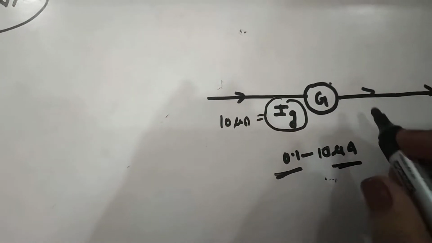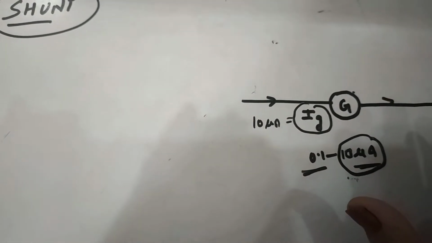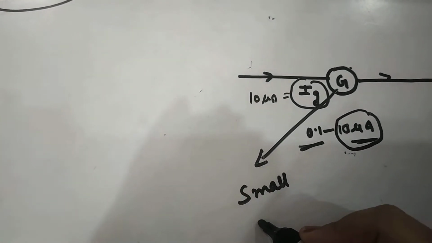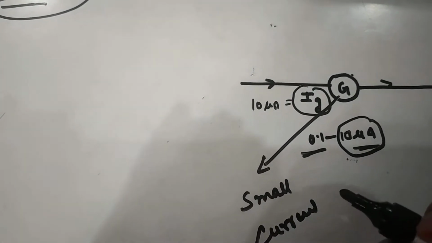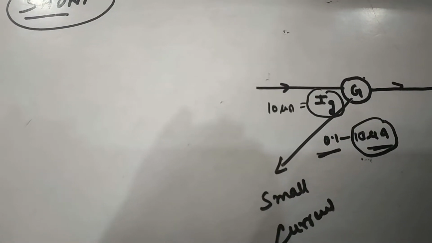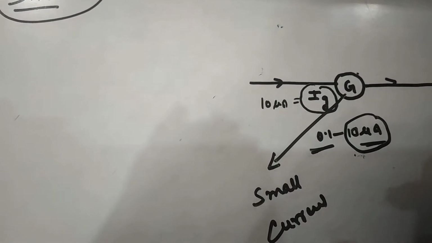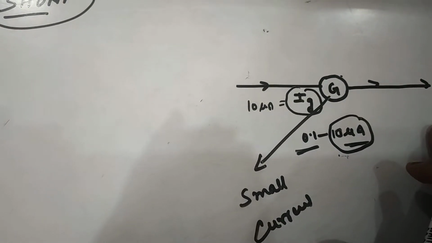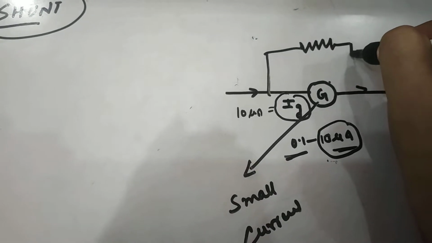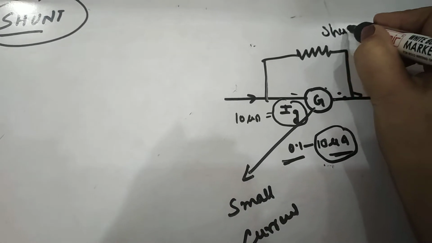It means the maximum current which this galvanometer can measure is 10 microampere, right? So basically this galvanometer is used to measure small currents. But what if we need to measure a larger current, or what if a large amount of current is passed through that instrument? Naturally, in that case the instrument will burn out due to excess current, right? So in such a situation what we have to do is connect a small, low resistance in parallel to this galvanometer, which is known as shunt.